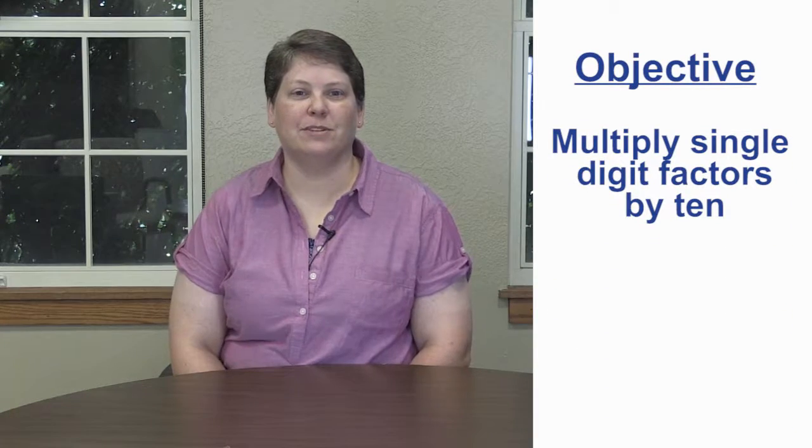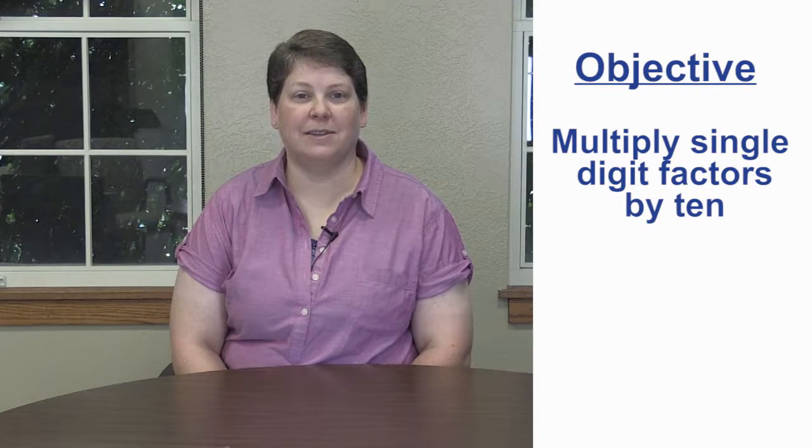In this lesson, we will multiply a single-digit factor by 10. In the last lesson, we looked at the commutative property of multiplication using arrays and area models. We made an array that looked like this, 3 by 4, or 3 rows of 4. In second grade, we used addition to find out how many cubes were in this array, and we now know